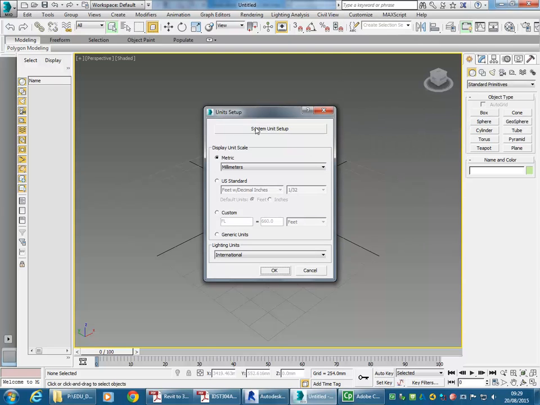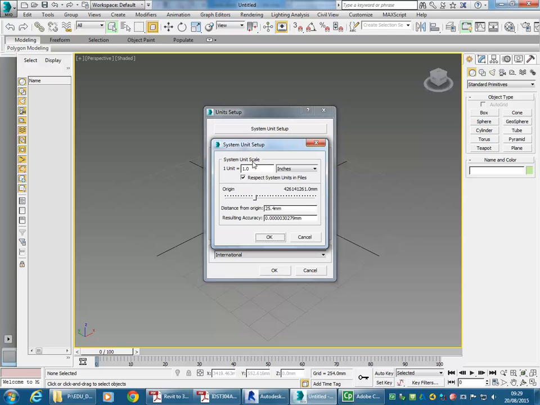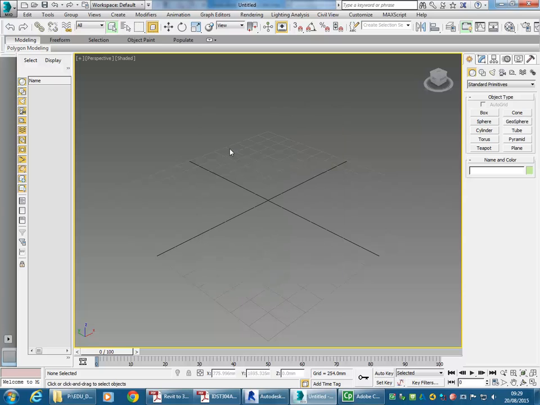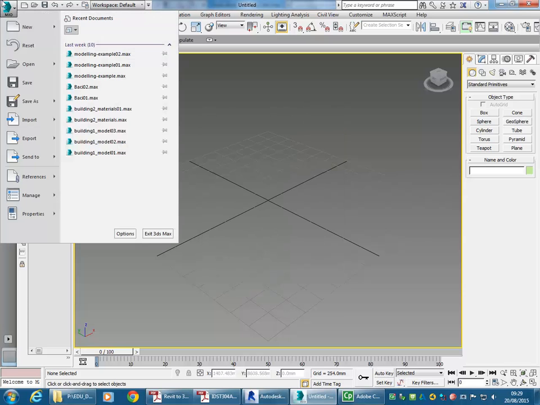and then you just need to check under system unit setup that it's on 1 unit equals 1 inches. Okay, and then set the display units to millimeters, because you're hopefully using those units to measure. So the inches won't show up, but the millimeters will. And then on the main menu,